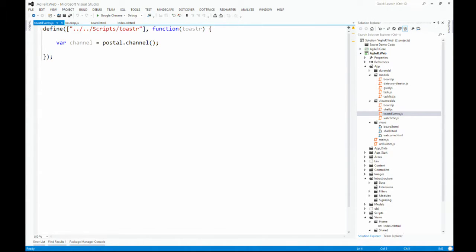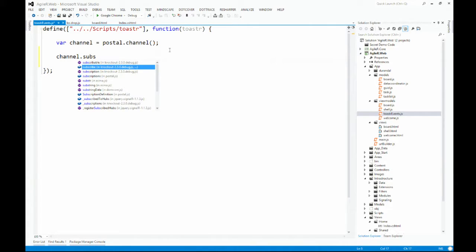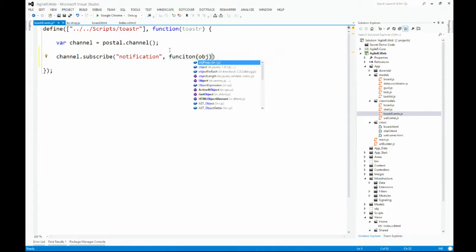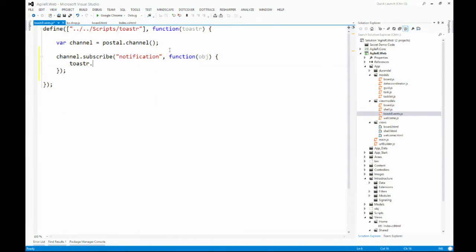This is using Postal. So in Postal, what I want to do is use Toastr to have a little message display in the top of the page that says that something has been moved to another column. So all I need to do is subscribe to that event. So I'm going to subscribe to a notification. Notifications are raised when that event is subsequently completed. So somebody else listens for the drag event, and then somebody else says, okay, this has been moved, raise a notification. So I listen to that particular event. I have a function delegate, and all I'm going to do is pass that into Toastr.